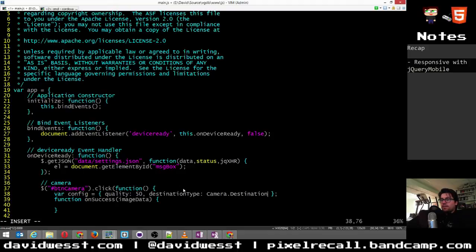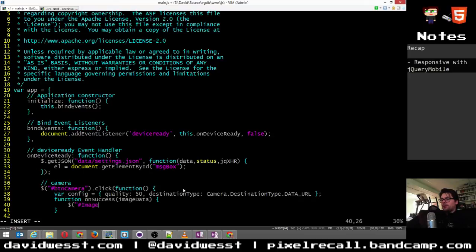We're still not going to worry about that, because the data URL we can work with. It's just a base64 encoded string. So destination type, DestinationType.DATA_URL. Sweet. There's a whole bunch of other configuration options, but I'm not going to cover them because I didn't find them that useful, other than these ones, which are the most important. That's what we're going to start with. So on success, we want to add to our images thing. We had that before, so let's actually do something with that.